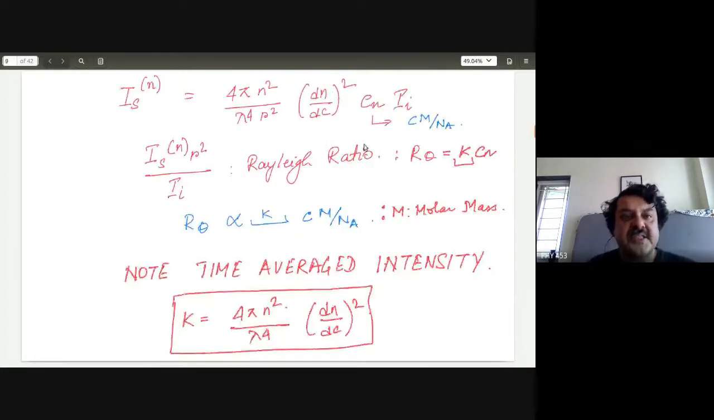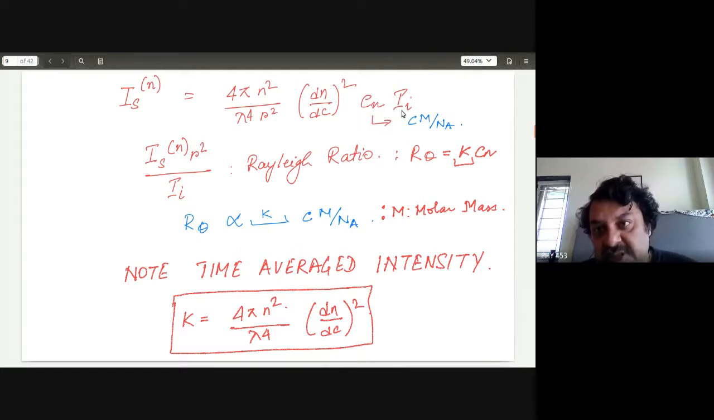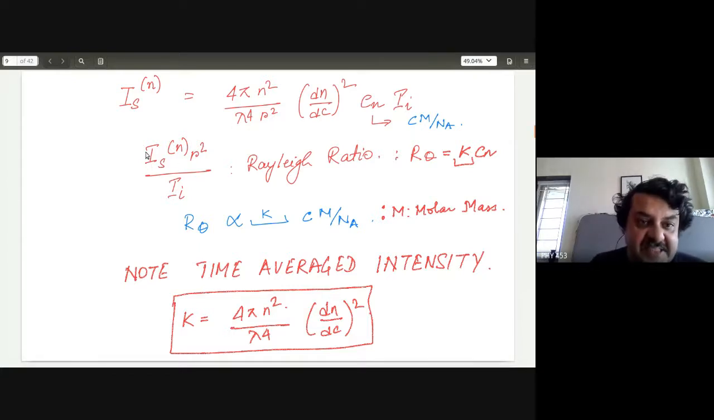And if you do that, you get the scattered intensity from n scatterers to be 4 pi n, n being the refractive index, squared, over lambda to the power 4 r squared, times dn/dc, which you measured in a different experiment to figure out polarizability, times the number density of polymers, times the incident intensity. Now, if you normalize the scattered intensity by the incident intensity and multiply it by r squared, because this quantity is going to decay as you go farther away from the scatterer as r squared,